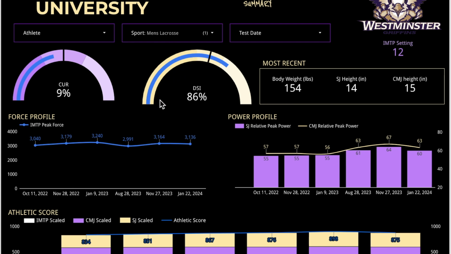If you're down in here under 60%, you have the engine of a monster truck and the springs of a Prius. So we need to be working on our velocity and our speed and things that are very ballistic and elastic in nature. Now, on the flip side of that, if you're over here and you're greater than 80%,